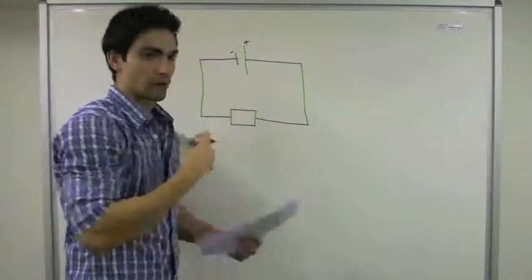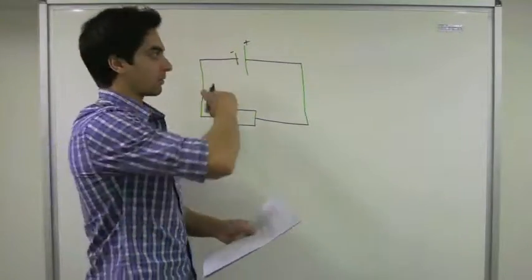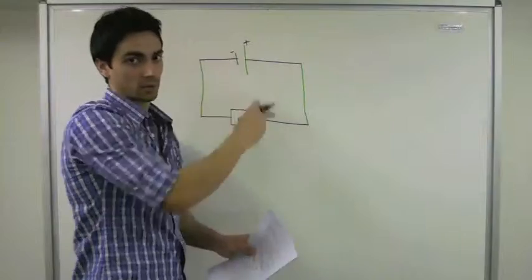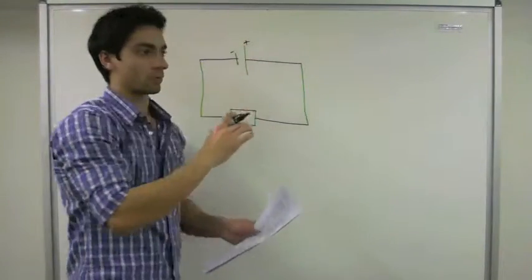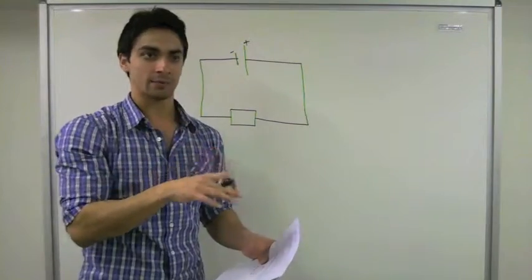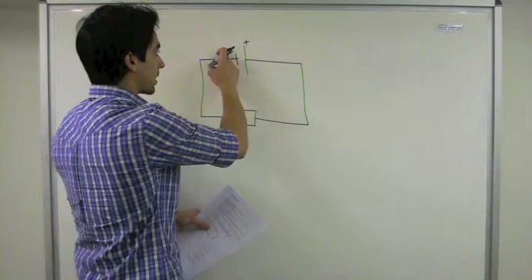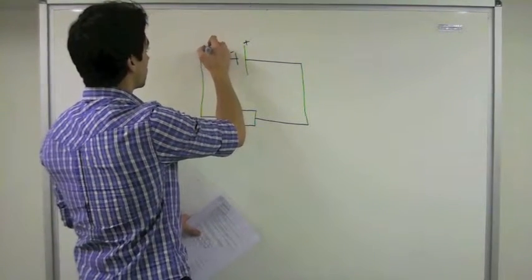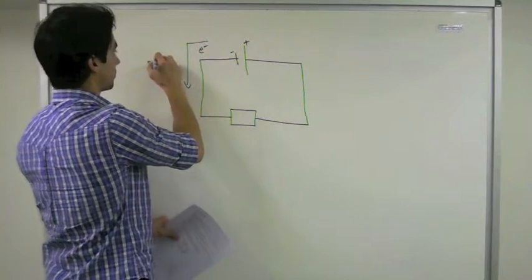Okay, so what happens in a circuit? You have charges flowing from one end. They complete the circuit and they go back to the other end of the battery. In actual life, we know that electrons are traveling in a circuit. They travel from the negative terminal to the positive terminal. So, this is the direction of